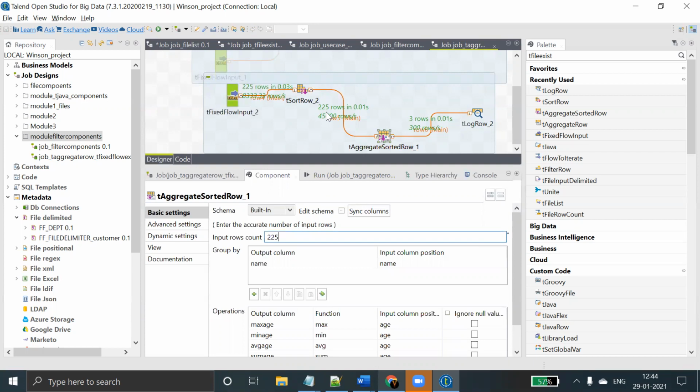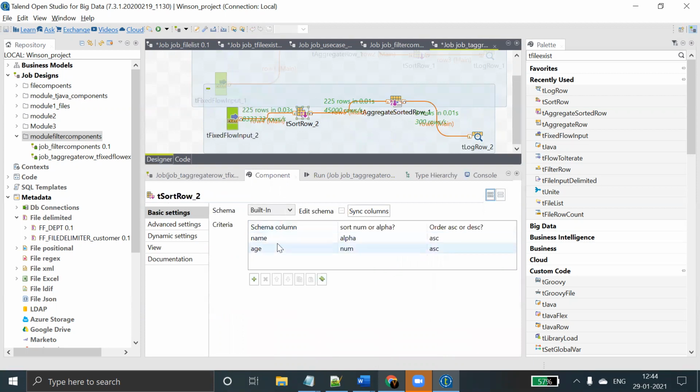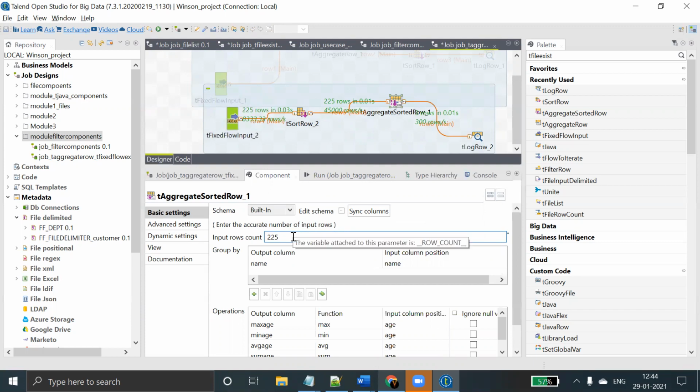Whenever you go for tAggregateSortedRow, you must mention tSortRow with the sorting order, and then mention the input row count. That is the main functionality. These are the two important components: tSortRow and tAggregateSortedRow.